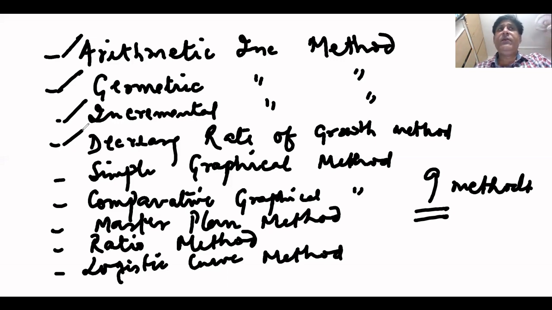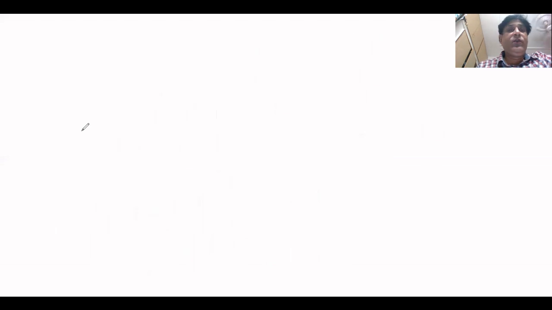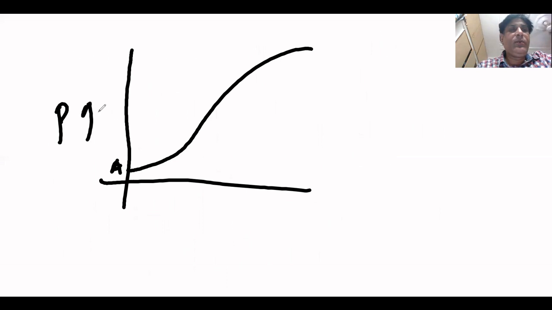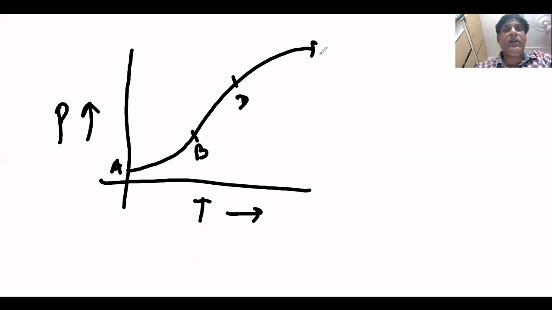which we had studied in the very first lecture for the population forecasting method. So what was the logistic curve equation? It was an S-shaped curve, right? This point, this is the population part and this is the time part. Now this is A to B, then D, and this is E, right? This is the point of inflection.